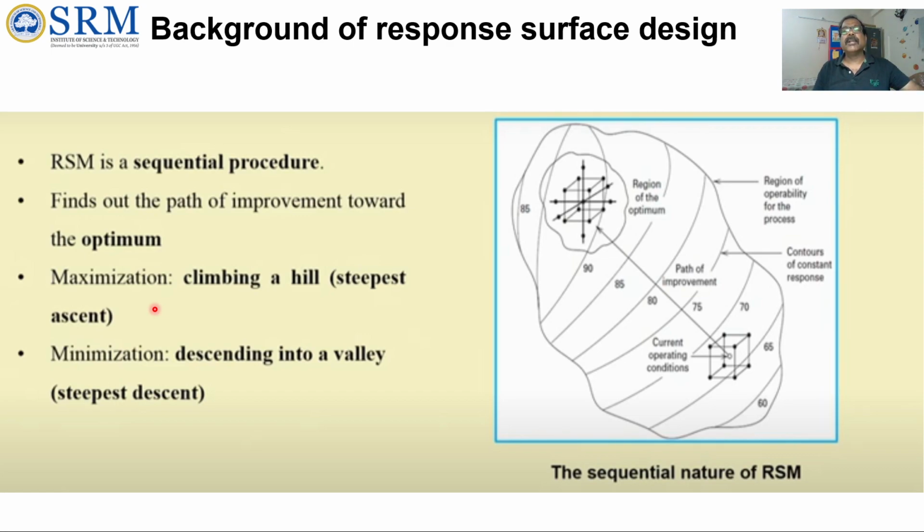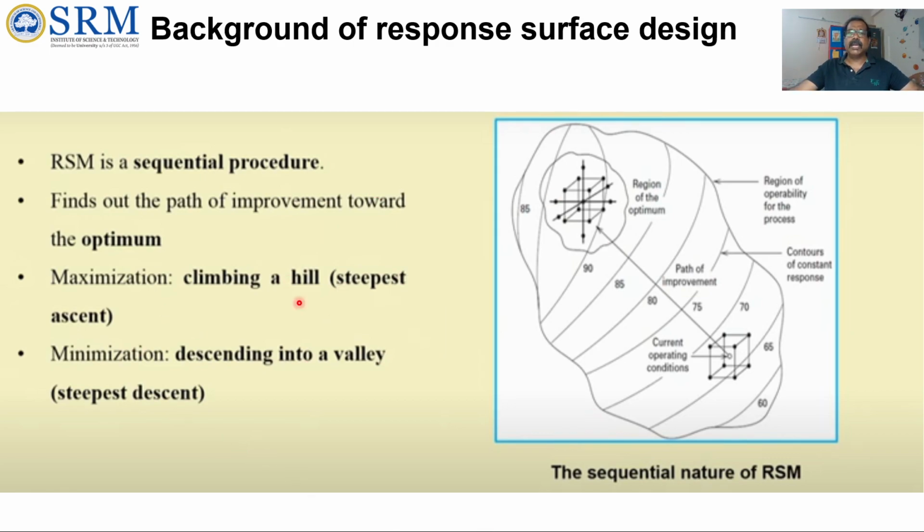Minimizing, in the sense of descending into a valley, is steepest descent, but the technique is the same. The direction of increment or decrement depends on what kind of response we are working with, either maximizing or minimizing: steepest ascent or steepest descent. This is what mainly depends on the response value we are working on. Okay,